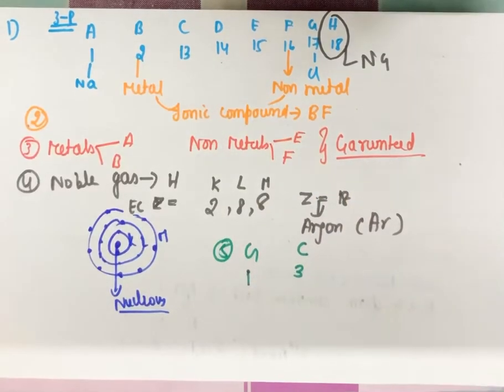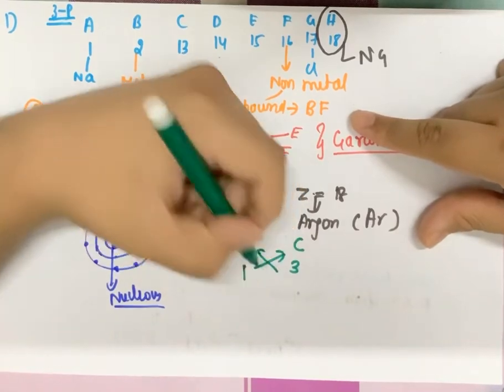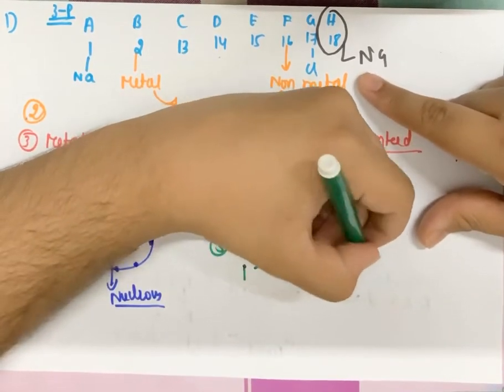Now this trick to calculate the valency is in my video for Bohr's model, which you can watch and understand how to derive the valency from valence electrons. Either we take the valence electrons as it is, or we do 8 minus valence electrons, whichever is smaller. So I have done that only. And for writing the formula, I cross multiply. So this becomes G3C.